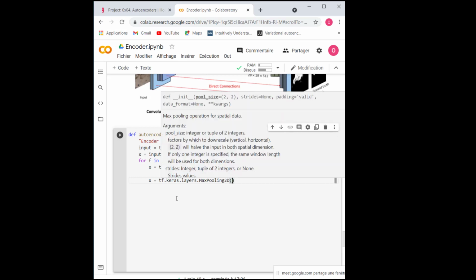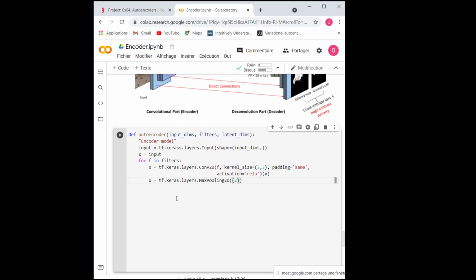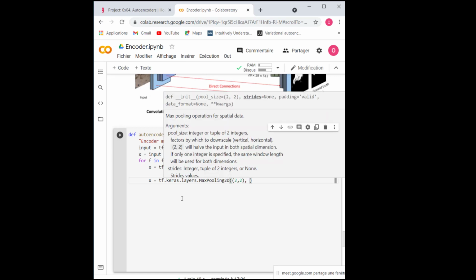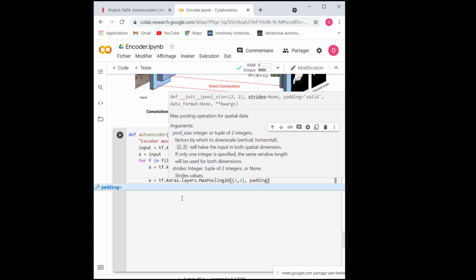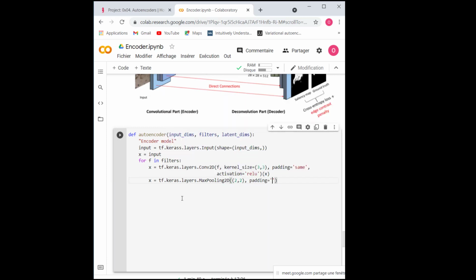The size will be 2 by 2, and the padding is going to be same, so we don't want the dimension to be modified here. And then it will receive my convolution layer. So this is for my hidden convolution layers. And then for the output, it's going to be X.